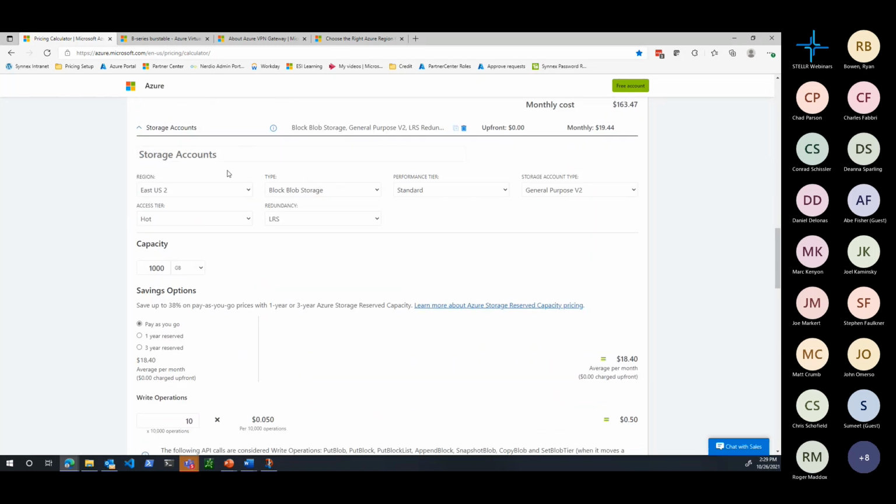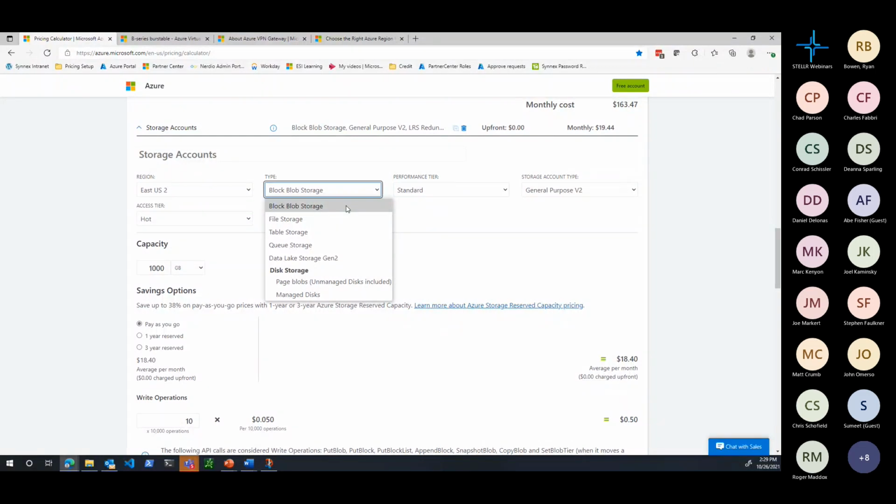Now, as we go back down to storage accounts, I'm going to talk about the types a little bit and give a general overview. I think we have a video in some of our repositories that one of my cohorts, David Bloom, did, and goes into deeper explanations as to all the storage types and how it's used and how you benefit from it and which one you should use and which